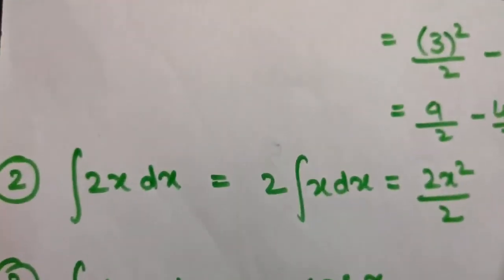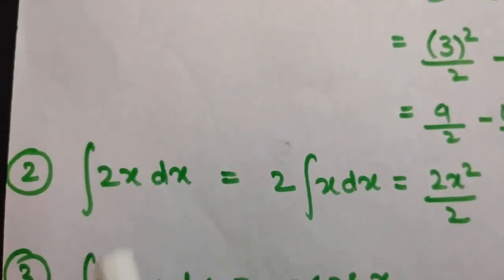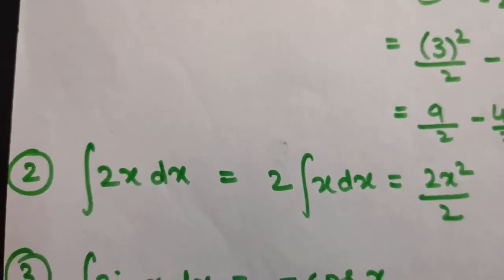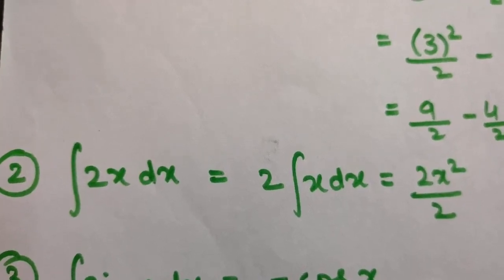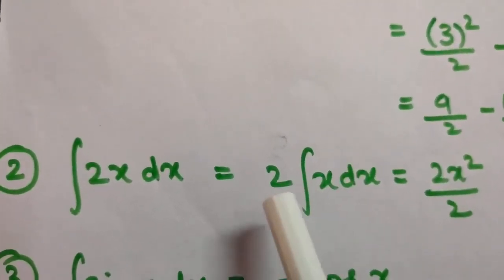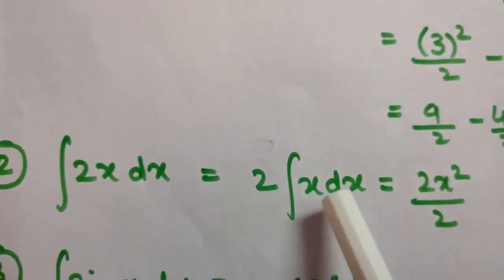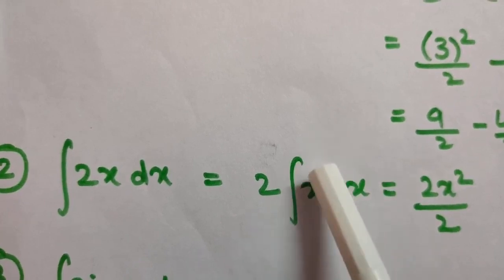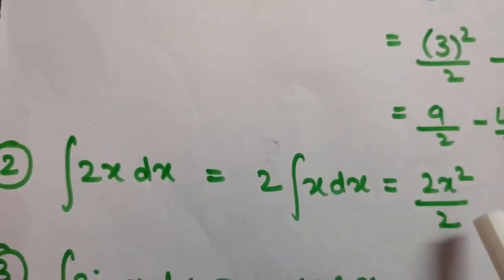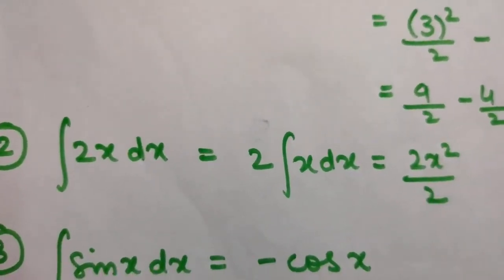Okay, so next, suppose there is a constant with x as well. Again the same thing: the constant will come outside of the integration as well. So always remember this, a constant comes outside the integration as well as differentiation. So 2 will come outside, this will become integration of x dx, and now you all know how to solve integration of x dx. This is power 1, so 1 will be added, that means x to the power 2, and divide by the power, that is 2. So the 2 will cancel out, and the answer will be x square only.